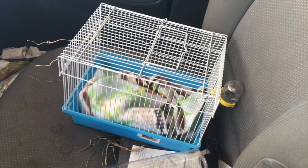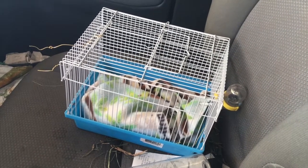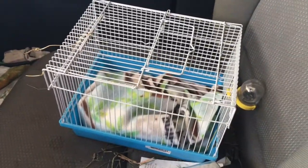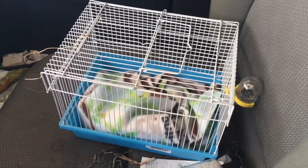Hello, so we have Melody coming home today. She's my third rat. She's in there somewhere. Melody! See her nose. Anyways, so I went to pick her up and I brought with me this carrying case that